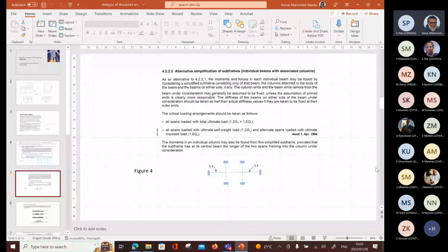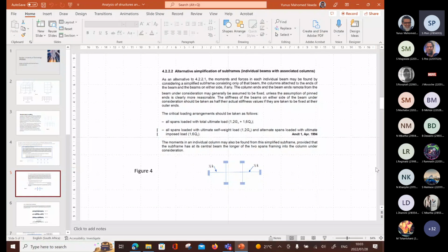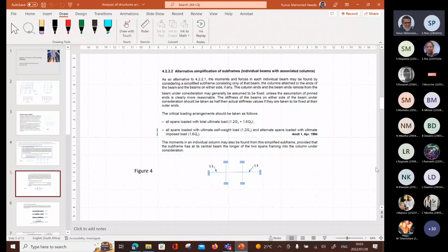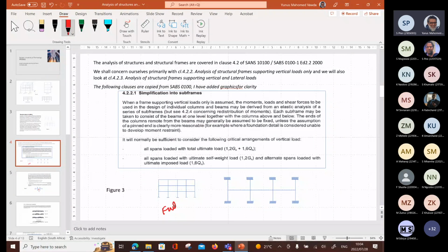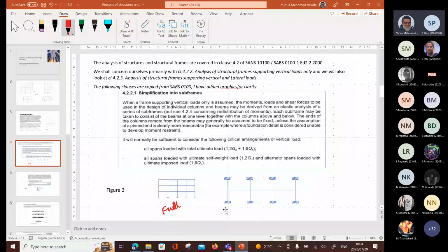So what I'm saying to you is, okay, in this subframe analysis, your object is to try and get the results for that one, and you will obviously look at that column, those 2 columns. So that's what your focus is on. And so you are moving from this analysis there, that approach. So this is full. This is the full one. In, of course, 2 dimension. This is a level. So taking one level at a time, right? And this is taking one element